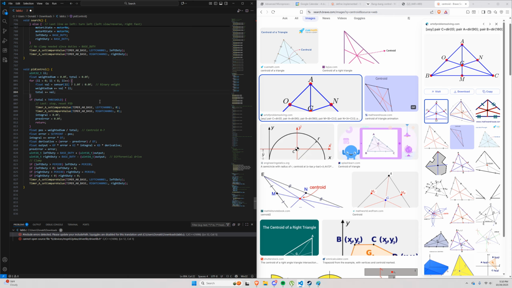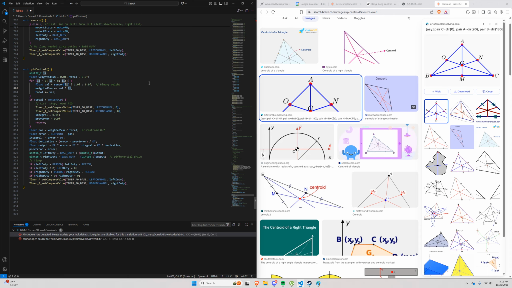It converts it to floating point on this line. I wonder why. I've never done this in C before, but there must be a reason for why it does this instead of just val equals sensor i. Yeah, and they have to add these f's everywhere to signify floating point, I'm assuming, so probably just specific to C syntax. Weighted sum, or best practice, weighted sum plus val,